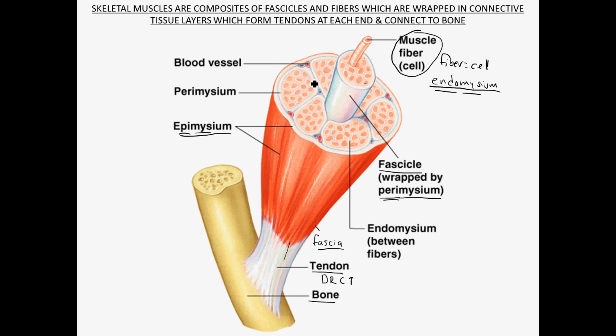And then lastly, what we'll show you here is that the muscle is highly vascularized. These blood vessels are embedded anywhere between the epimysium there and the perimysium that goes around the fascicles. Okay. Oh, here we go. So here, sorry, I didn't see this. This is the endomysium that's, again, between the fibers, or around each individual